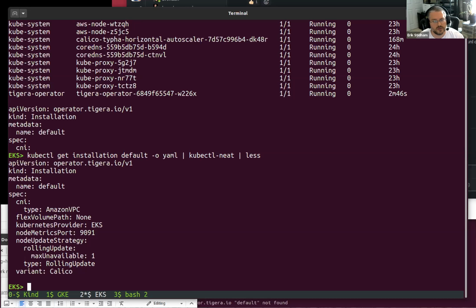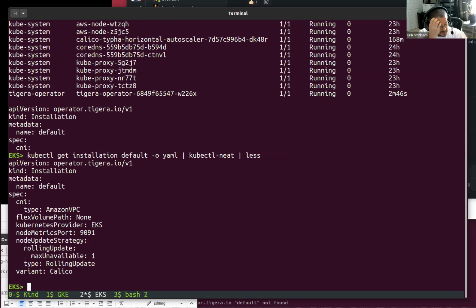No. I don't know if you're talking specifically about Felix config. We certainly don't want to re-implement or provide a new API for setting all those. We do want to provide, for the most part, the ones that are required during installation time. But if there are things that are in Felix config, we would prefer that we're not putting them here.